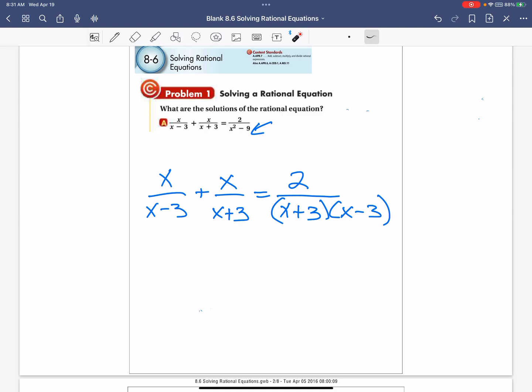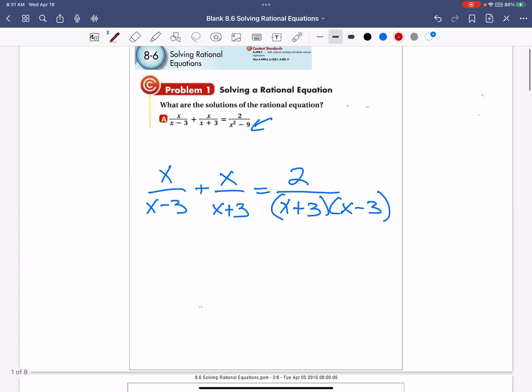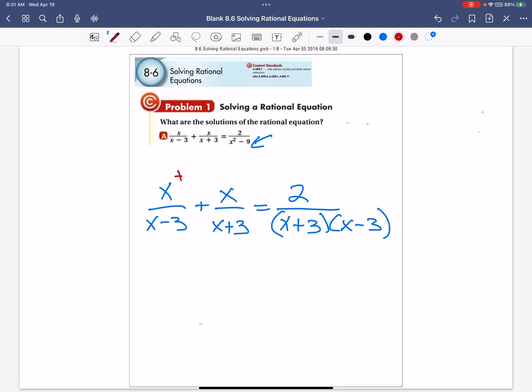Okay? So we're going to multiply x minus 3, x plus 3, kind of going up from those fractions. Again, here, x minus 3, x plus 3, and then we're going to cancel numerator and denominator when we do that. Okay, so up here, we're going to multiply by x plus 3,